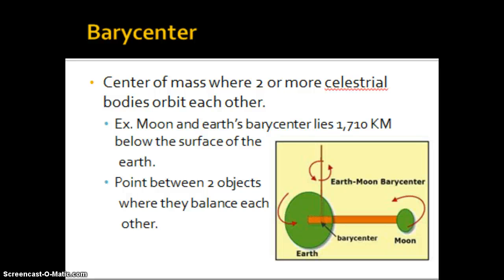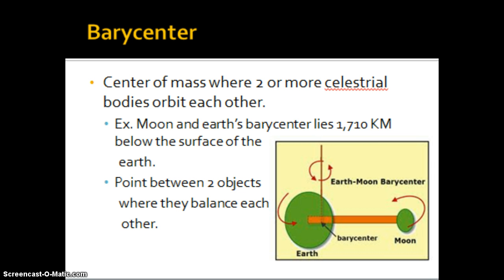Some of the terms that you will hear when we talk about Earth's motions, the first of which is barycenter. Barycenter is the balancing point between two celestial objects. The way that you can think of this is if you were sitting on a teeter-totter. If you are on one end of the teeter-totter and two people are on the other end,